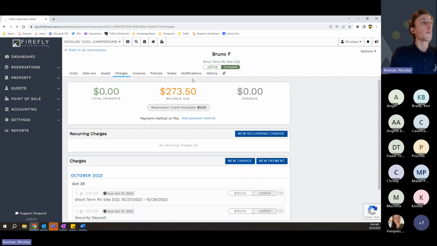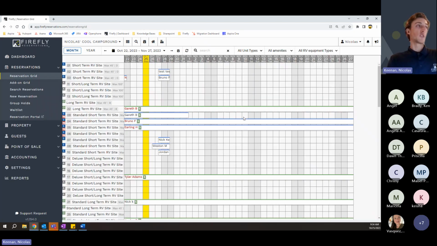We go back to the grid. Just a few reservation management things also you can do from the grid. The first being moving an entire reservation from one unit or dates to another. If you do want to move an entire reservation, Firefly does let you just drag and drop. So again,